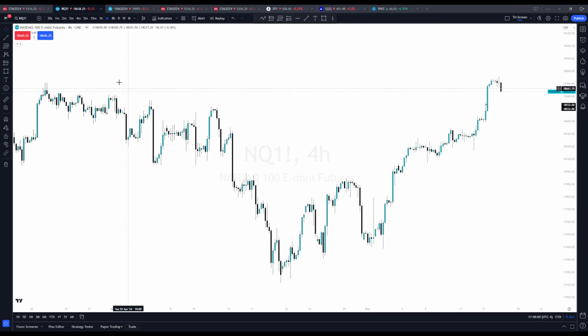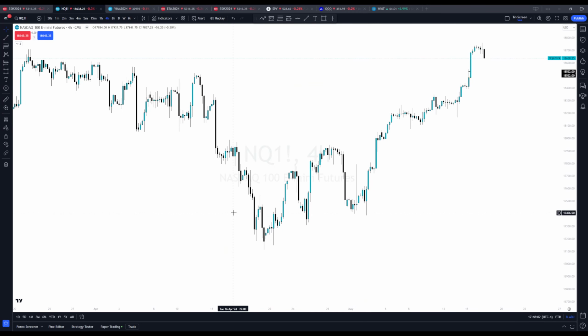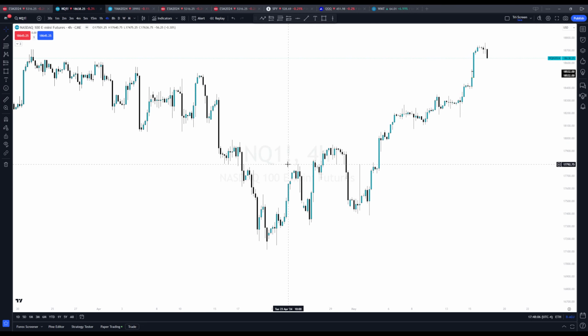A market maker sell model kind of looks like an inverse head and shoulders, where you have down here the low, and then the shoulder would come up, I guess it would be up here, and fill in an FVG. The head of that inverse head and shoulders would be where the daily FVG hits, and then it's just trending.